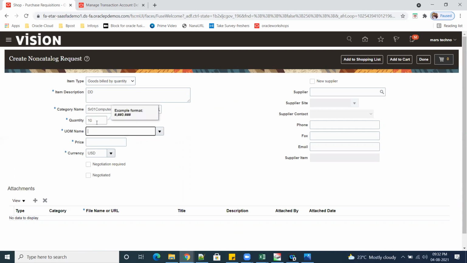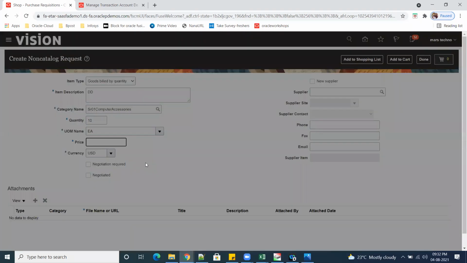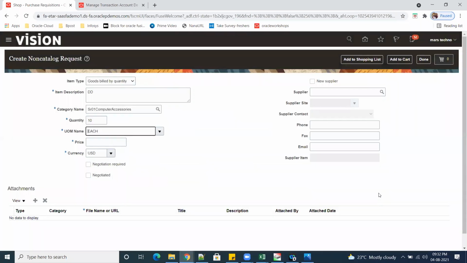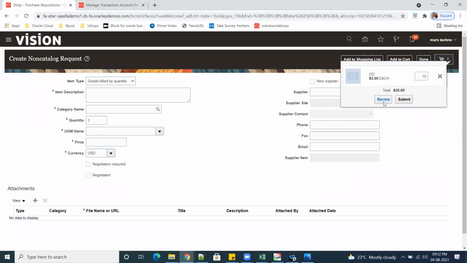Provide some 10 each, or whatever each. So put some type, add to cart. So system will pull the COA from TAD.